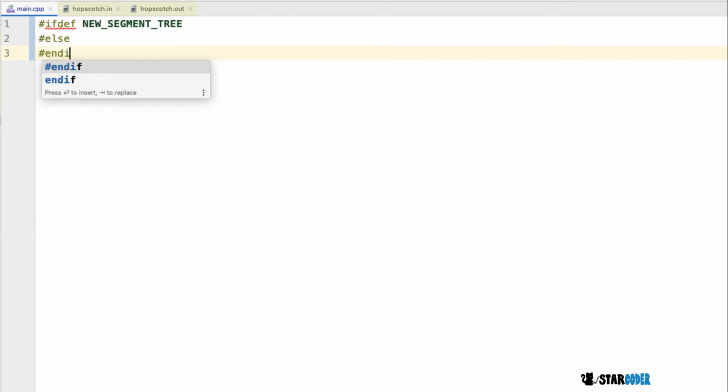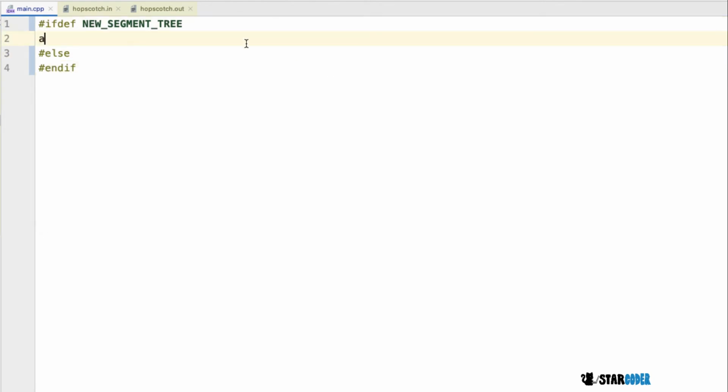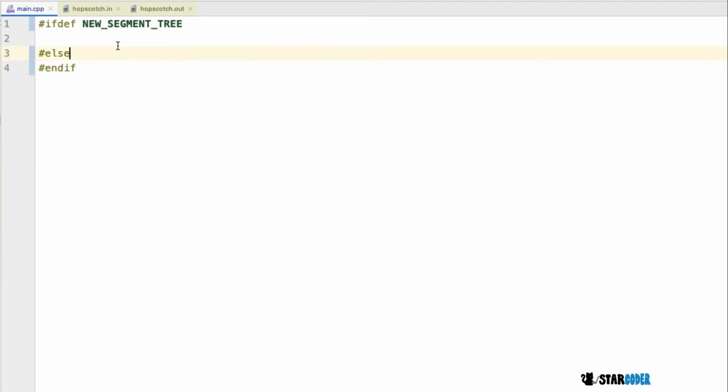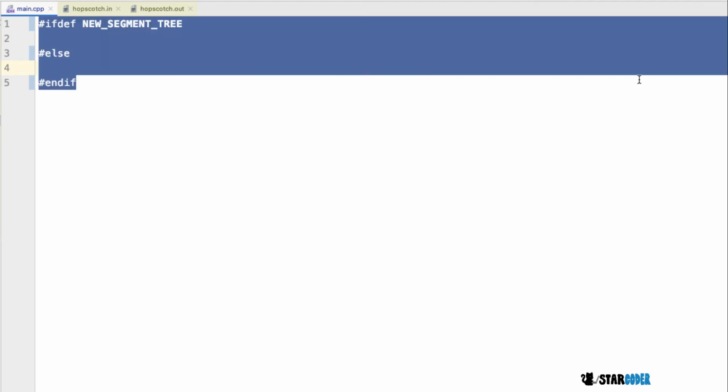For this code, I'm going to be using a lot of if and else, because I'm going to be showing you both the segment tree implementation and the bit tree implementation. So I'm going to say ifdef new segment tree, and then else and endif. The part that goes in here is going to be the implementation for the segment trees, and the part that goes here is going to be the implementation for the bit trees. So if you're coding with either one, you can just ignore this and only paste or only type in the code for this part or this part. We're going to start off by